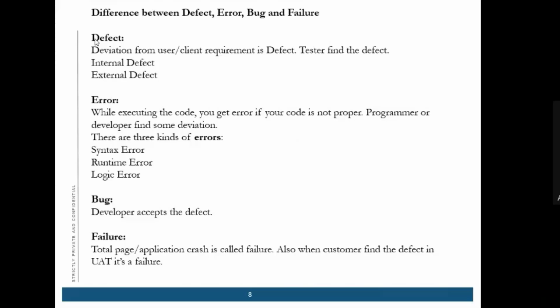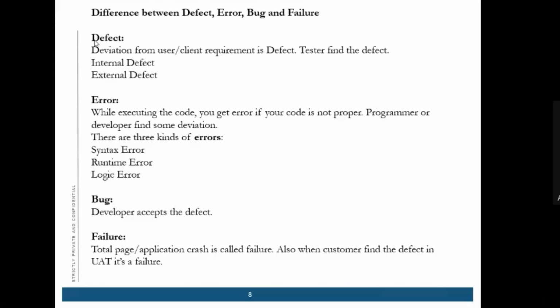It is very difficult to find a logical error, because you have to check the expected value against the actual value. If expected and actual do not match, it fails. Unexpected behavior is called a logical error. I hope I am clear.